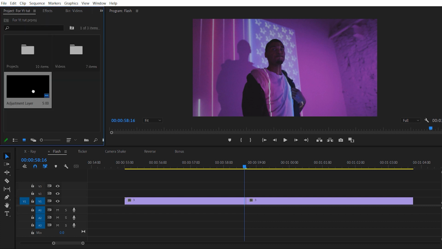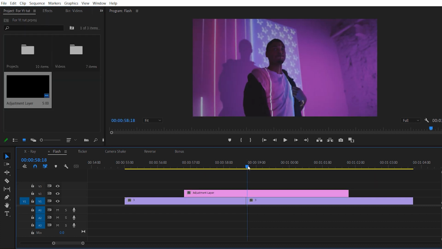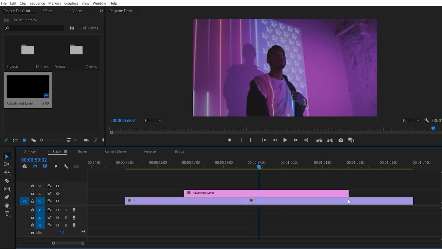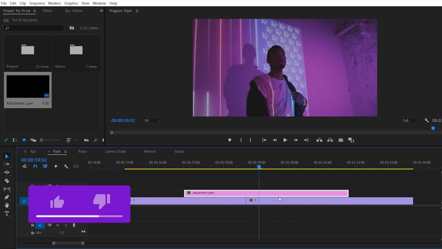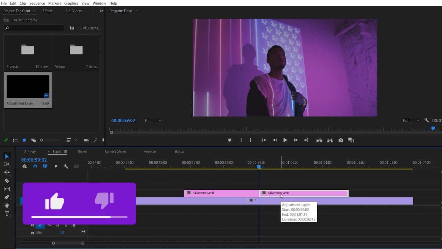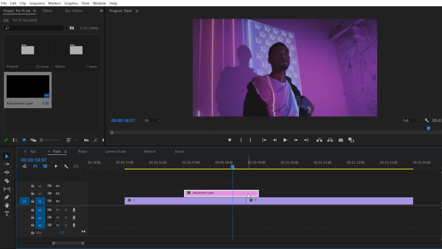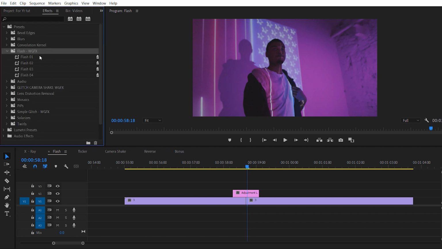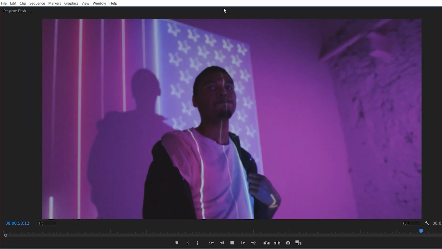To use it, you need an adjustment layer. Just drag it above your footage and hold Shift and press the right arrow key twice, and here we have 10 frames on the right side. Make a cut by pressing Ctrl K and delete the extra layer. Move back and move to the left side by pressing Ctrl Shift, and delete the extra layer, and here we have a 20 frame adjustment layer. Once you import this flash transition, you just need to add the flash to the adjustment layer, and here we go.